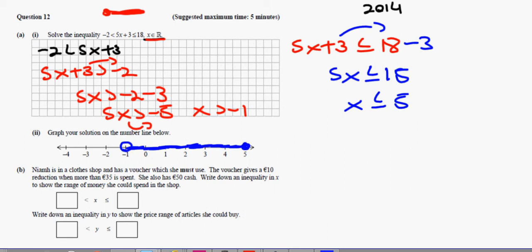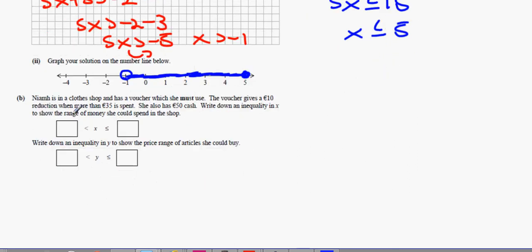Neve is in a clothes shop and has a voucher which she must use. The voucher gives a €10 reduction when more than €35 is spent. She also has €50 cash. Write down an inequality to show the range of money she could spend in the shop. Okay, well,